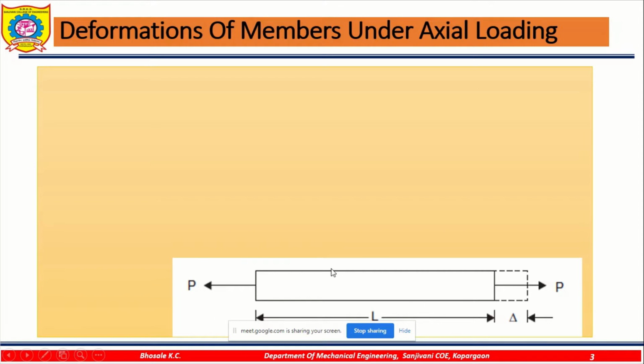Suppose we apply the tensile load at the end only. In this case the diameter is uniform. It may be possible that there are examples where the cross section is different, and then we apply the load on that one. In actual practice we may apply the load at different points, and from that we have to find out the total change in length or deformation of the member.